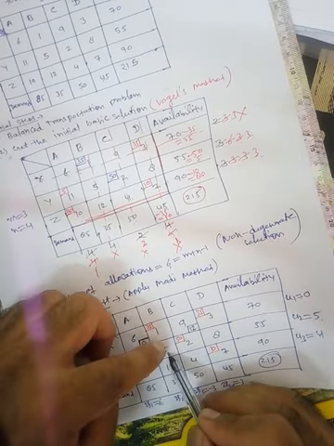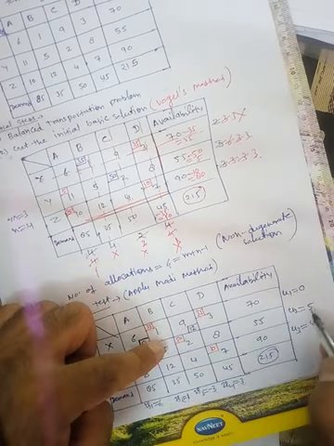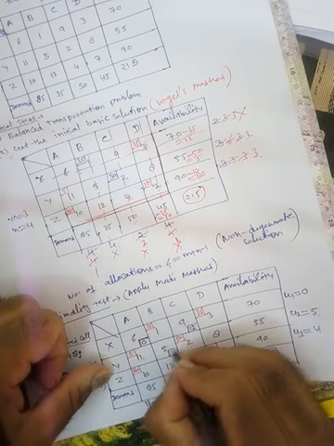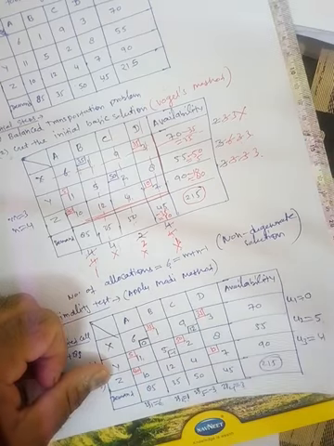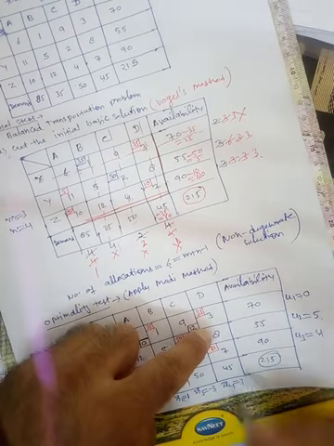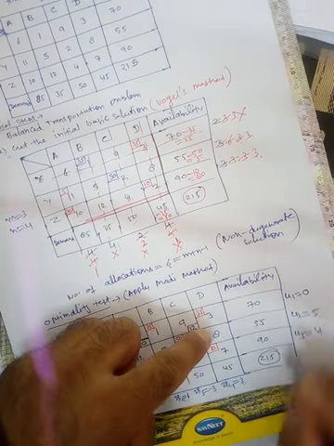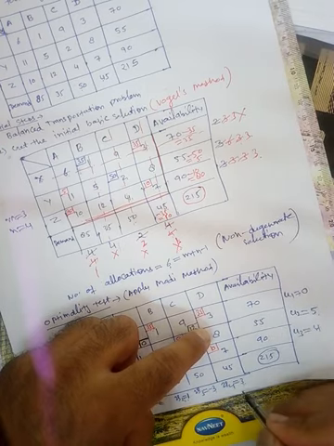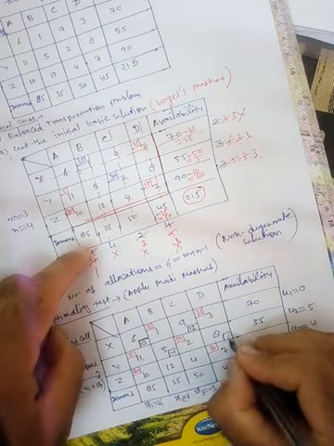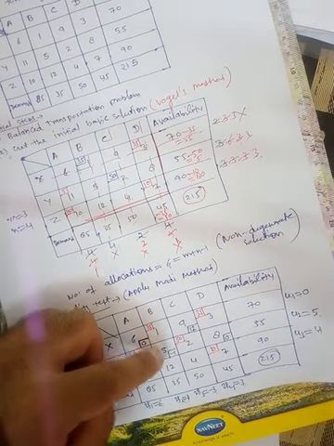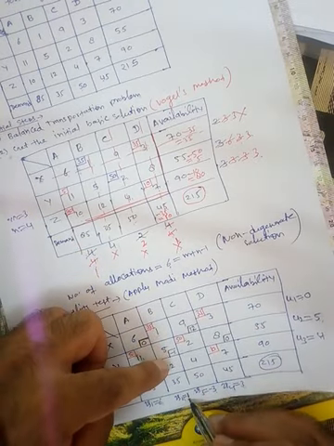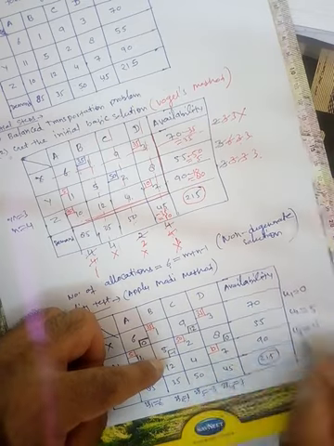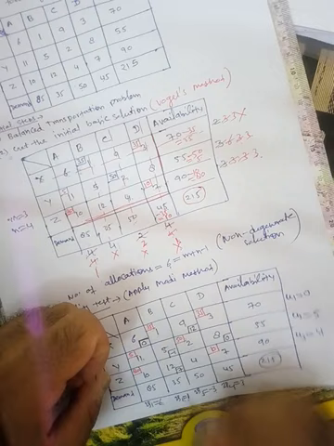Similarly, this is another unoccupied cell. Here is 1, here is 5. So total sum is 6. 5 minus 6 is minus 1. Fine. Here is another unoccupied cell. Here is 3, here is 5. So total sum is 8. 8 minus 8 is 0. Fine. Another, here is this. This is 1, here is 4. Total sum is 5. 12 minus 5 is 7.